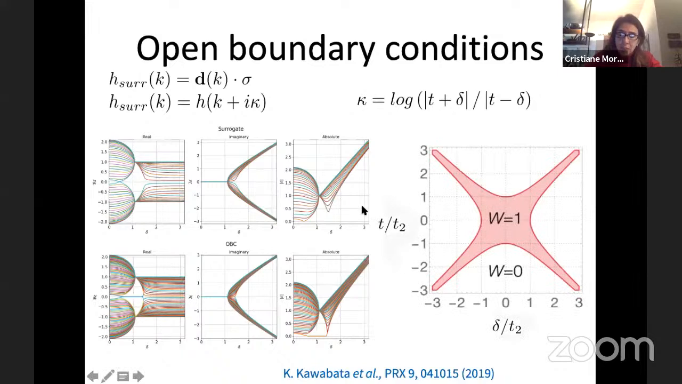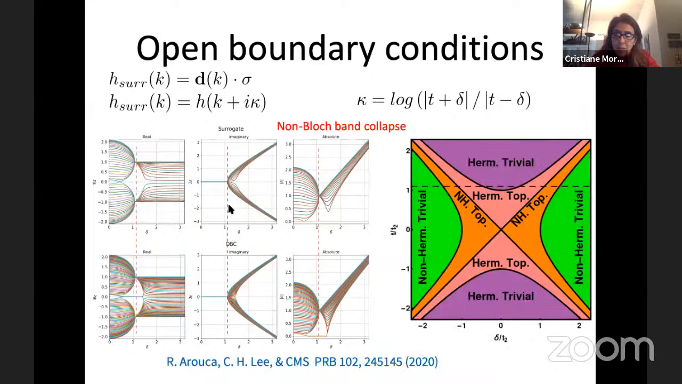And this is now the phase diagram that was known from the Kawabata paper, T versus delta. This should be a topological phase with the winding number 1, and this should be 0. So Rodrigo has been, and these are the points of the non-Bloch band collapse that I have been telling you, that all the states have the same energy. So Rodrigo has been recalculating the Kawabata phase diagram, and we have a much more detailed and precise phase diagram